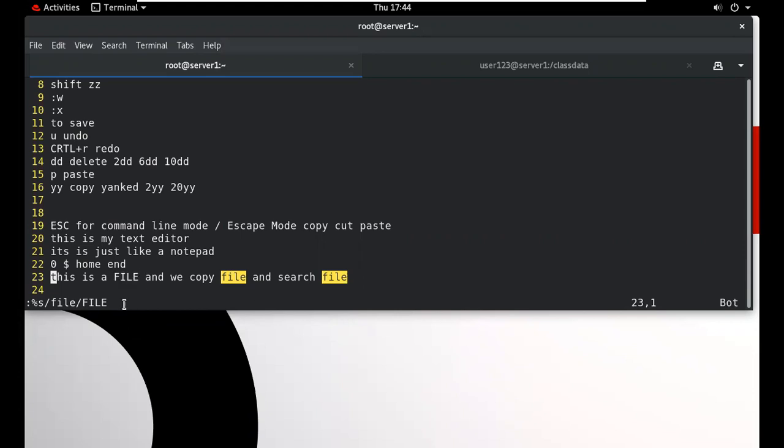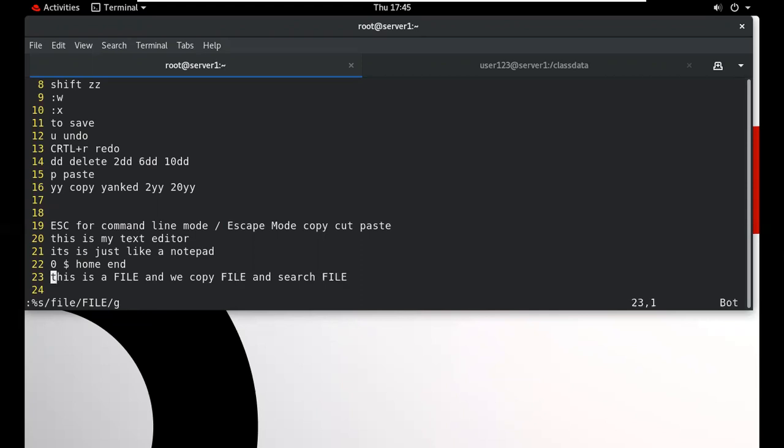So when we type colon percentile s, we want to replace file with capital FILE, and then type G. G means globally.